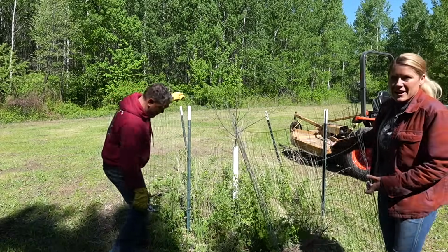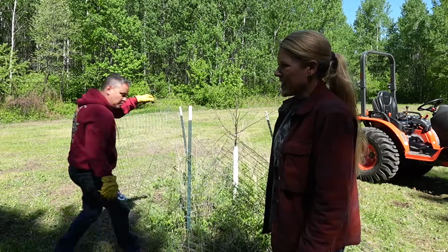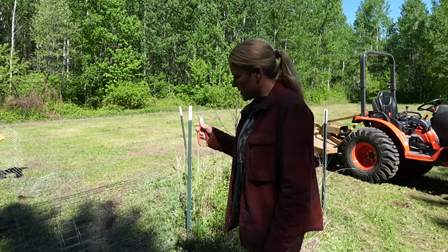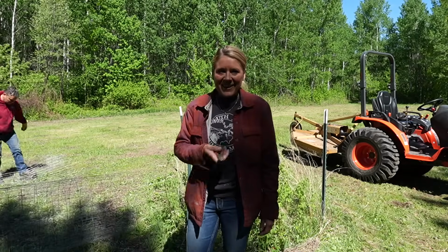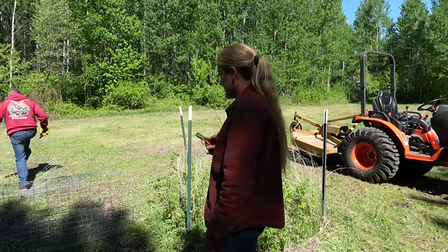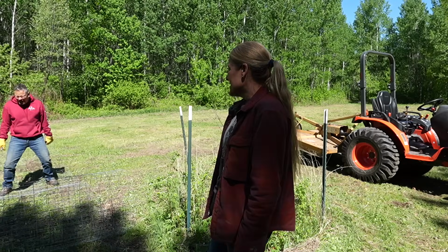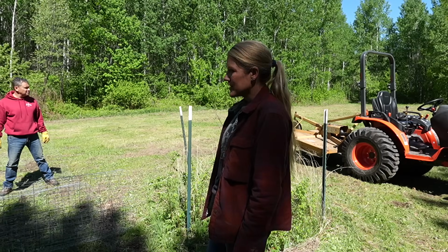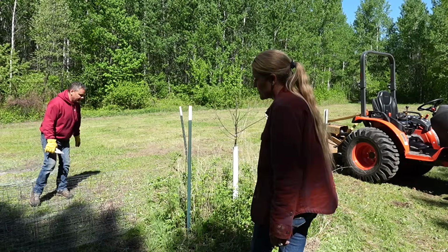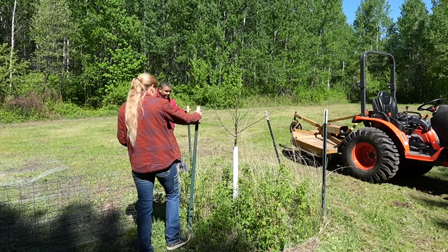So we have an empty hummingbird feeder that when we were moving the shed around, we just hung in a tree, not actually dreaming that we'd see a hummingbird here. But I just went to get these tools, and that hummingbird is by the feeder, and it is mad at us. So when we go to town, I'll have to handle that. I have bird feeders, but I left them all in Nebraska, so I might have to get a couple bird feeders as well. And hopefully no bears. Bird feeders bring bears. Bird feeders and bears are kind of a...